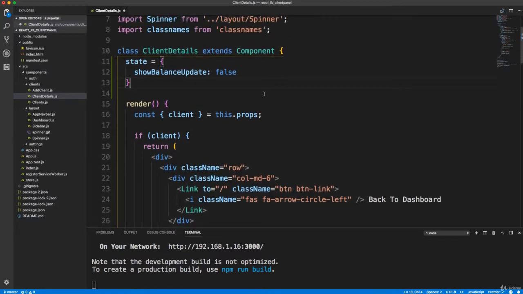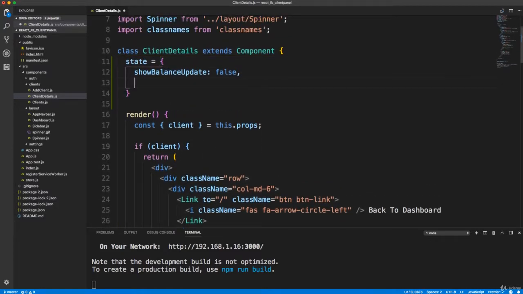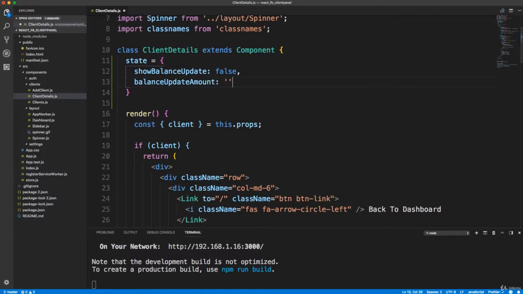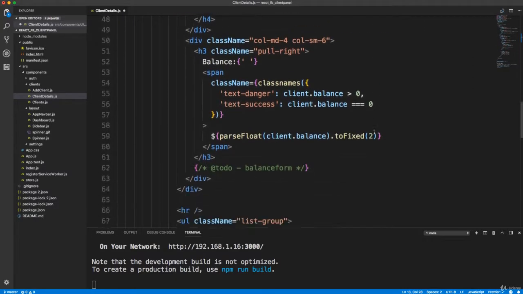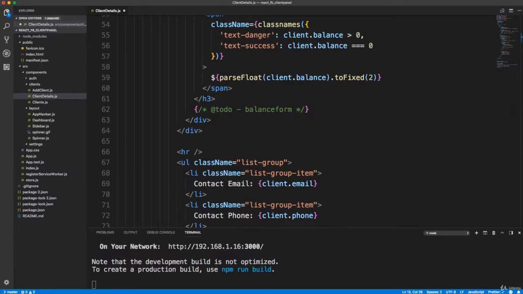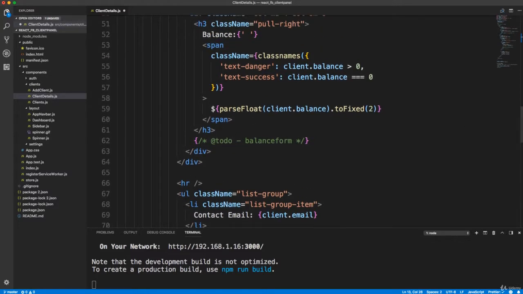We also want a piece of state that has the amount that's put inside. Okay, so all form inputs should have state attached to them. So we're going to call this balanceUpdateAmount, and we're just going to set it to nothing. Okay, so those are our two pieces of state. And then we'll go down to where I put the to-do. That's where the actual form is going to go,